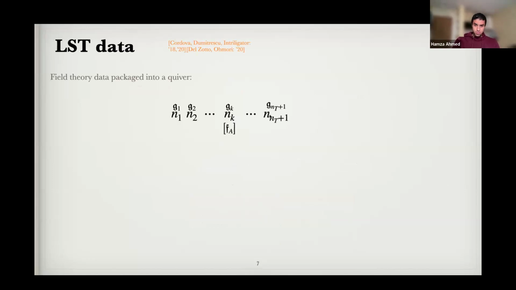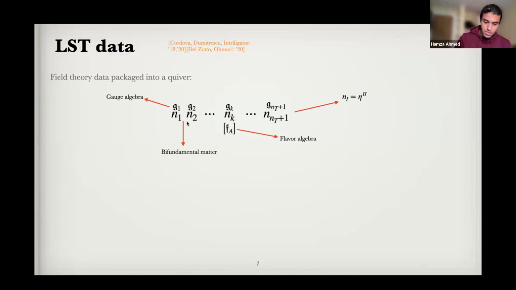And so let me explain the notation for this quiver. You have the gauge algebras here, labeled by G, and then you have the associated BPS strings, which are labeled by their self-Dirac pairing, so the diagonal of the intersection matrix. Furthermore, in accordance with the anomaly cancellation conditions, you have bifundamental matter in the theory, and also some fundamental matter, which then leads to some flavor symmetry in the theory.